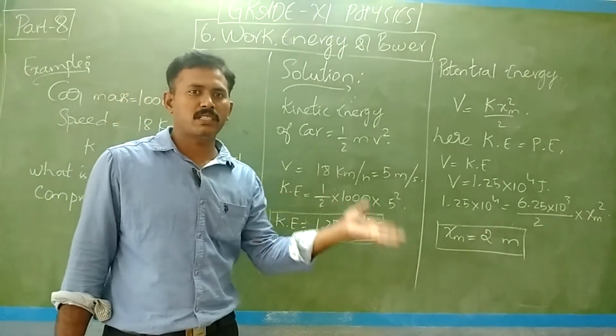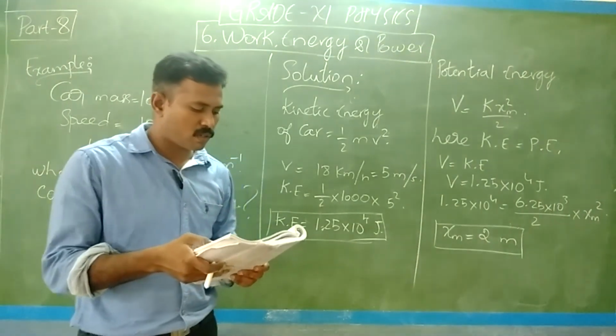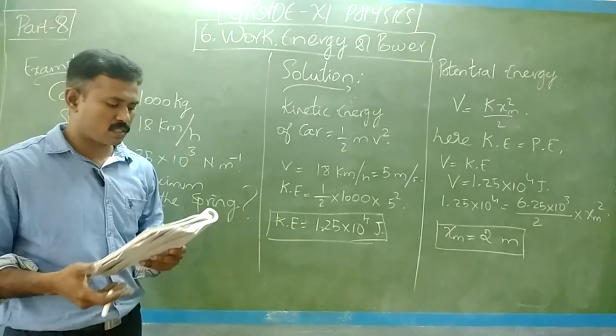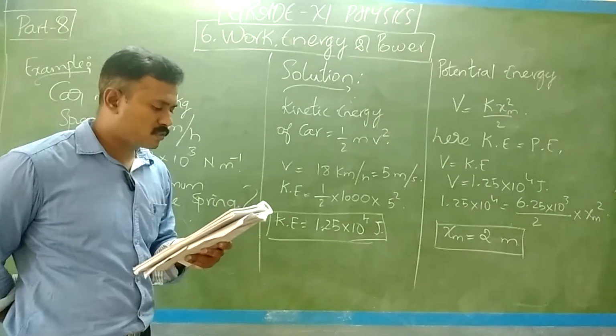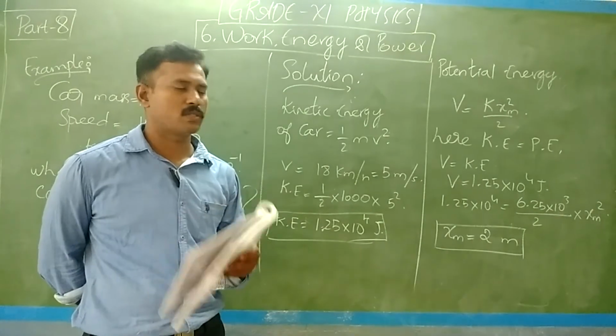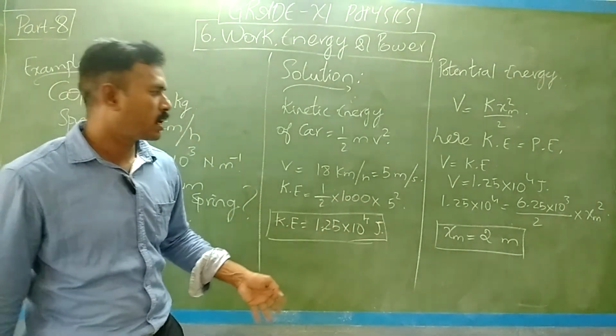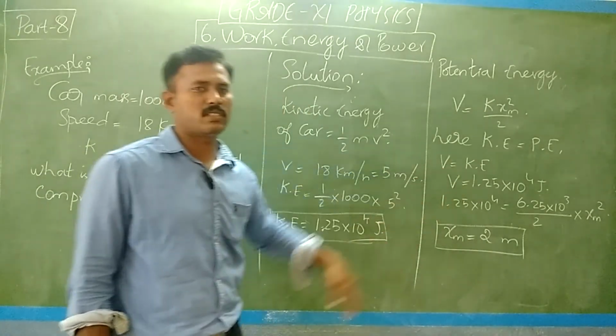So one form of energy is transferred to another form. Information on time is absent from the above discussions. In the example considered, we can calculate the compression, but not the time over which the compression occurs. So here we cannot calculate the time. We just calculate how far the potential energy goes.